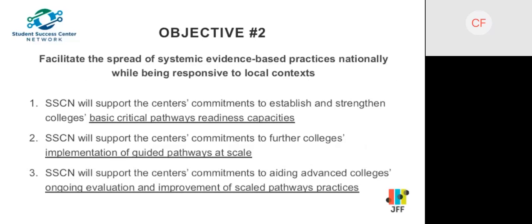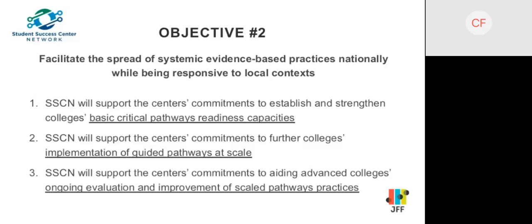On the second objective then, this is about helping spread evidence-based practices. Some of you call it guided pathways, some of you do not, but it's still the basic concept of how we are helping our institutions in our states scale up efforts to improve student success. And so when I approached this objective, I thought since there are institutions in all of our states that are at various levels of being ready to scale the innovative practices and guided pathways reform. And so that's what these three levels are.